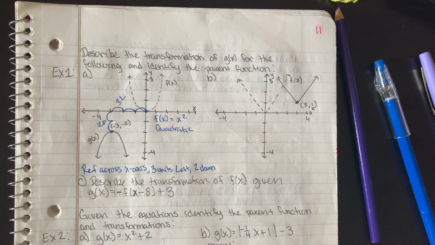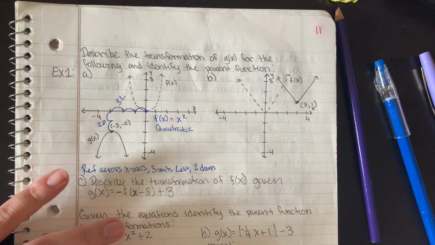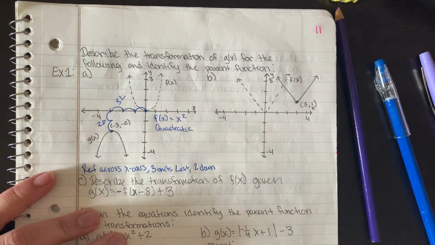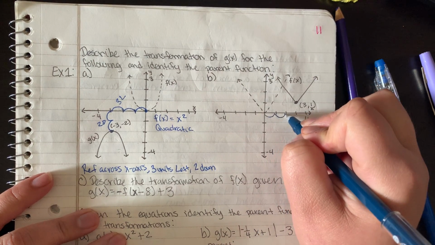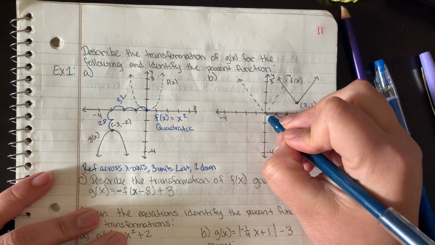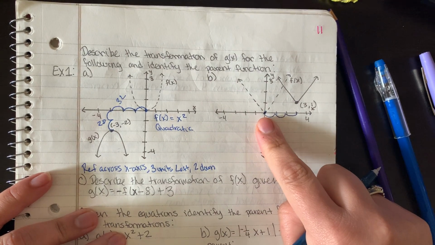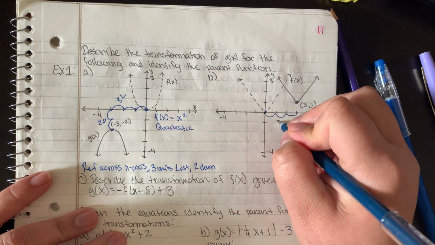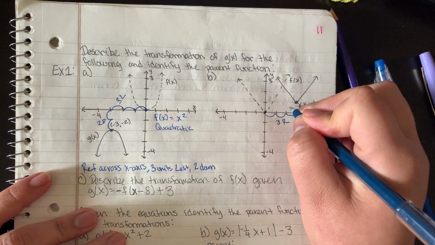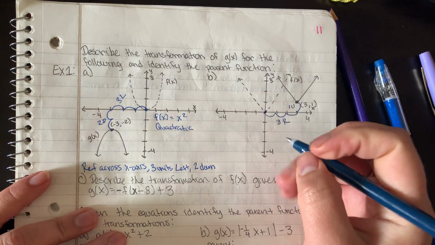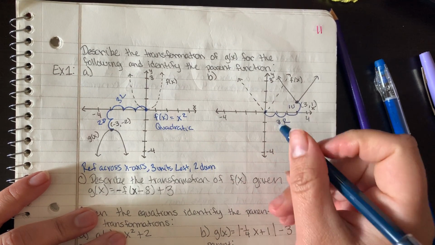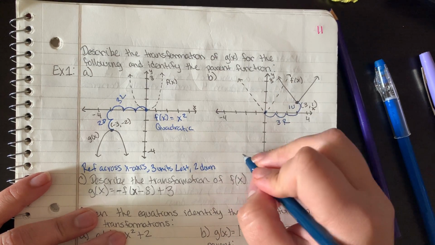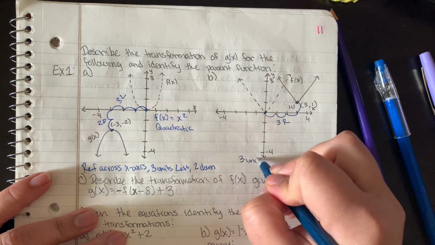So that's A. So for B, I see a similar thing. So we're just going to count 1, 2, 3. And again, I'm grabbing the vertex and I'm just finding that one key feature that I can use to see how many units it changed, right? So it went 3 to the right and then 1 up. So then for B, they're both opening up and they both look about the same width. So my transformation here is only 3 units,